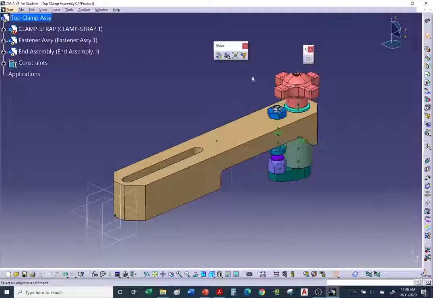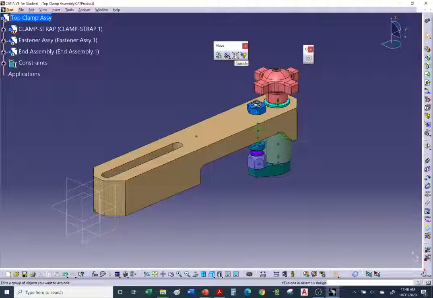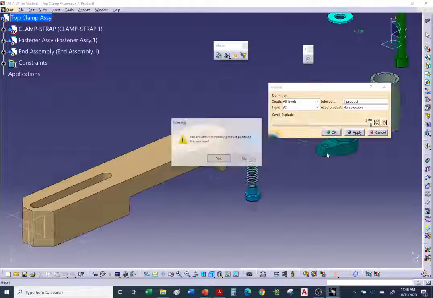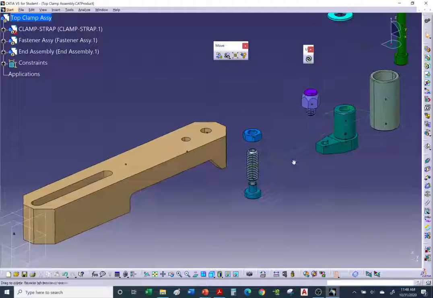All right, so the next one is Explode. When you save your files and email them to me, just to check if you add all your constraints, I'm going to use Explode. The Explode command will send things flying out into space. Okay, it's giving me a warning. Are you sure you want to do this? Yes, because it's a permanent